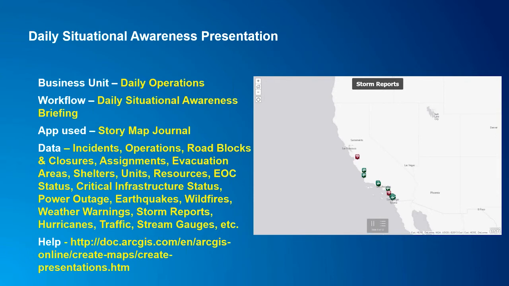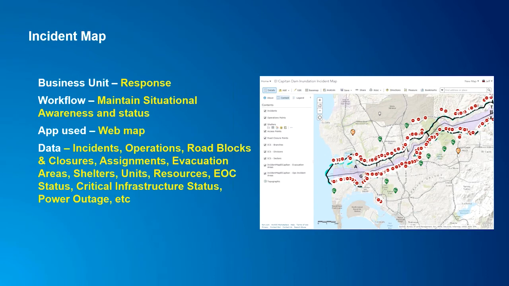Another aspect of the technology in the web maps is to be able to use the presentation mode of the ArcGIS Online web maps, and we'll show you an example of that. Basically have a live running PowerPoint-like application running, but in this case it's using live dynamic information to show the current status, and this can be running unattended at the front of the Emergency Operations Center to give a sense of the current weather that may be impacting the area, like storm reports, or highlight different aspects of the incident or the operation. So there's three different information products from a situational awareness perspective for daily operations that can be combined together and leverage the same core web map.